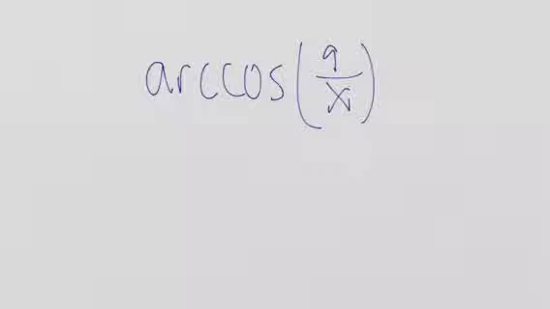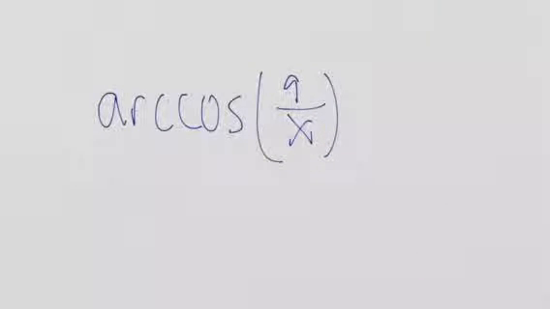Our goal is to sketch a graph of this, and how we're going to do that is we're going to draw two different triangles that are hopefully going to help us see what our output's going to be when our input is at its lower limit and its upper limit, like as small as it can be, as big as it can be. So the first thing we should notice is that this is arc cos, and the input of